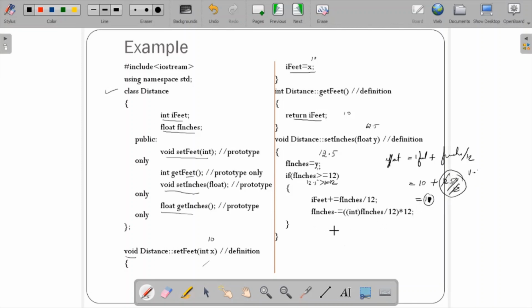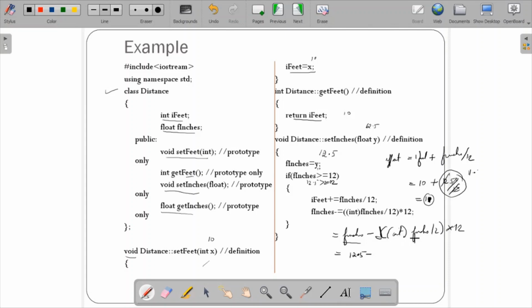f_inches is not minus, it is there. So what is this equation actually? f_inches is equal to f_inches minus int, whatever the integer explicit conversion you're going to do, of f_inches by 12 into 12. So this is nothing but the f_inches value 12.5 minus the integer conversion.